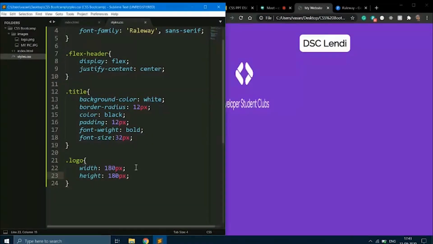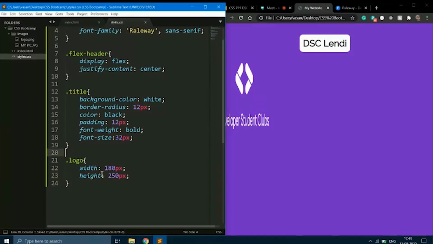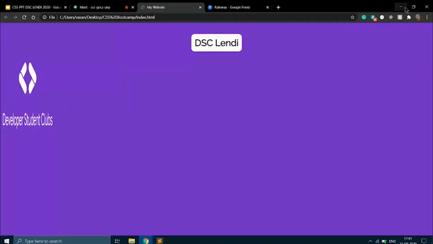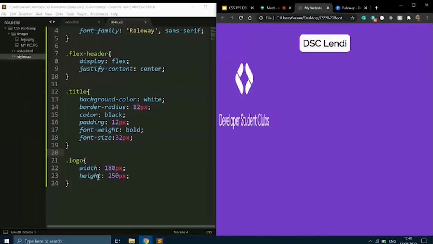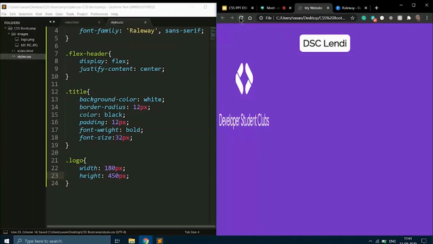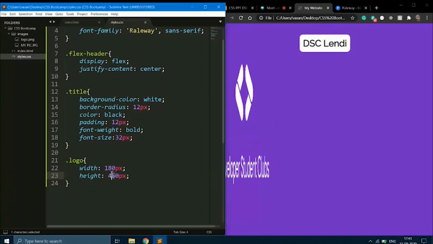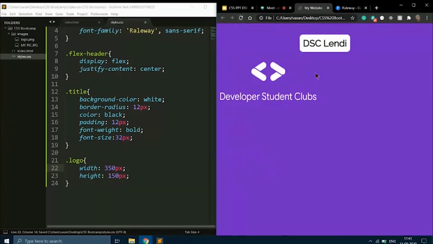Let's increase the width. Okay, I'm increasing the size. This is fine.